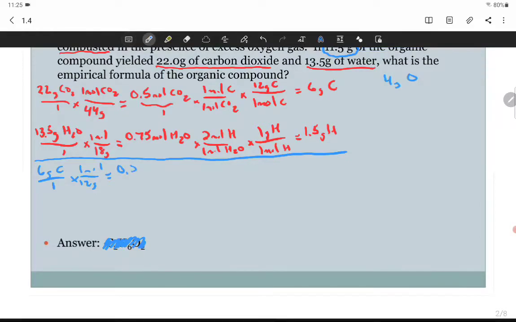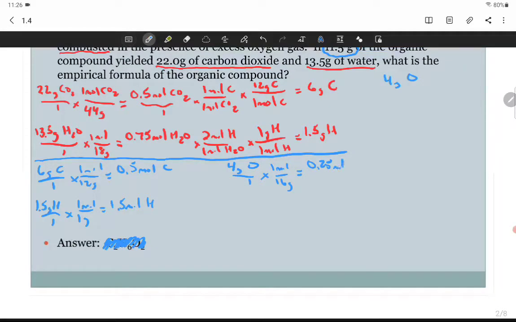So we have a half a mole of that. The hydrogen, 1.5 grams of hydrogen. There is 1 mole in 1 gram of hydrogen, so that's 1.5 moles of hydrogen. I'm not going to quite have enough room, so I'm going to put it over here for the oxygen. We had 4 grams of oxygen and 1 mole of oxygen, there are 16 grams of oxygen, so that's